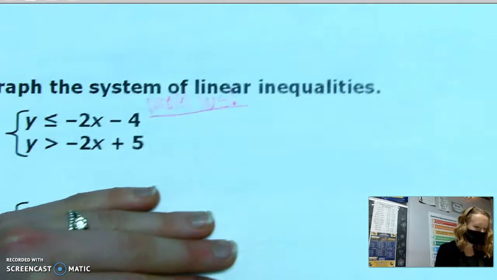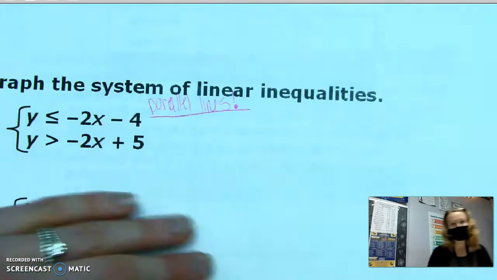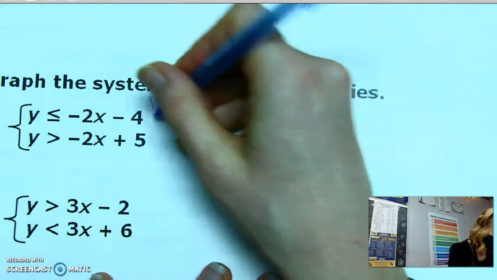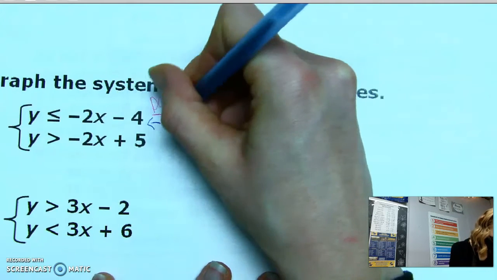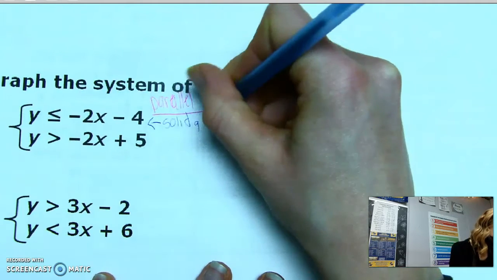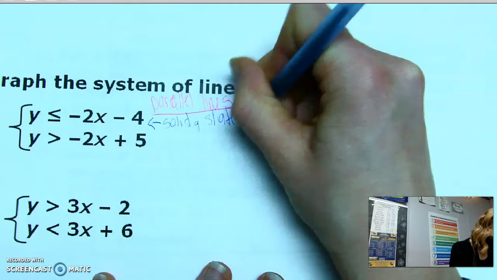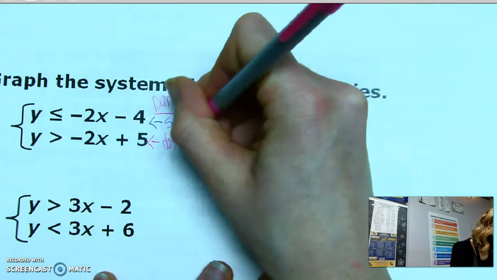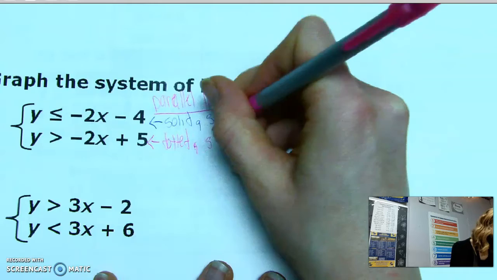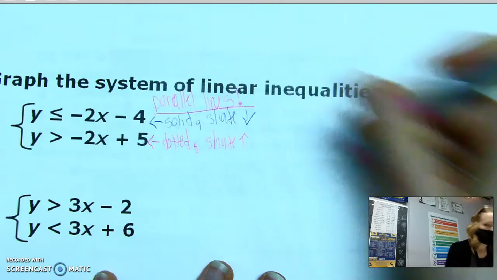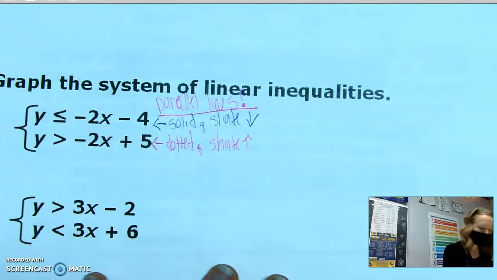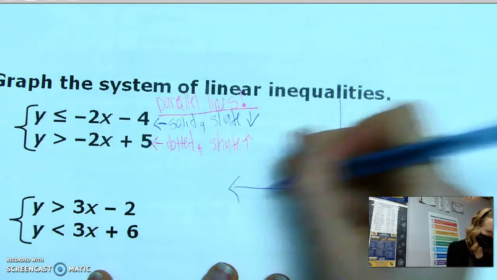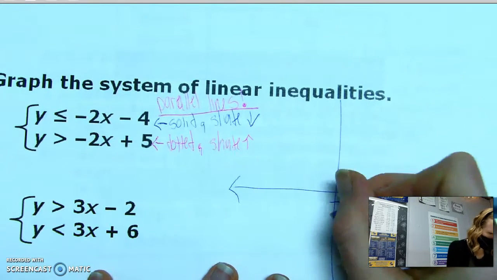So you're going to notice something special happens sometimes, and sometimes it won't. So what I'm going to do is graph both of these lines. This first one, we should have a solid line, and you shade below. And then the second one, you're going to have a dotted line, and then you're going to shade up. Right? And if I were to draw this out, I'm going to have, for my blue line,